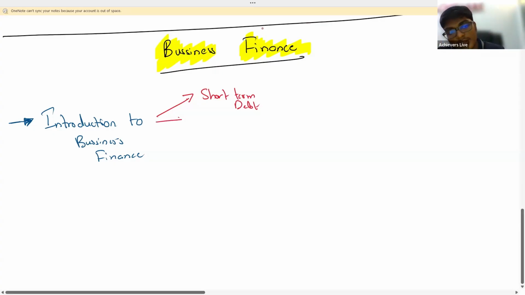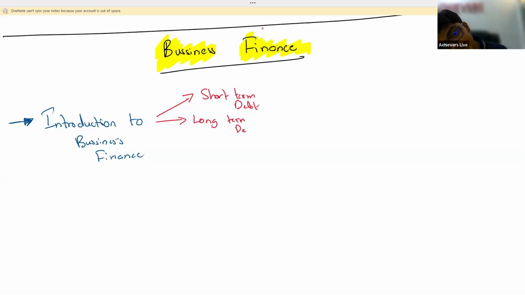Next, we looked at long-term debt finance. Examples for those: bank loan, long-term lease, loan notes, bonds or debentures. How many types of loan notes, bonds and debentures do we have? Three types: redeemable, irredeemable, convertible. Redeemable is divided into three further categories: normal redeemable, zero coupon, deep discounts. You should know the definitions of everything.